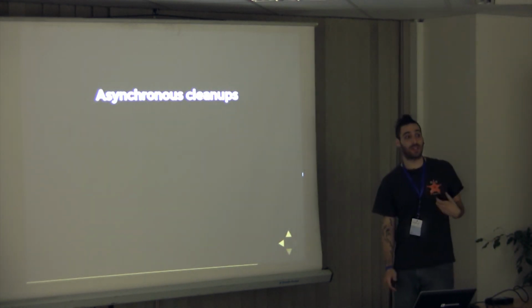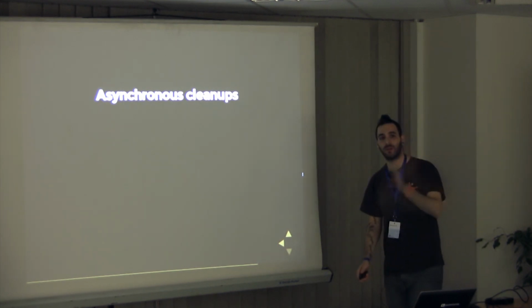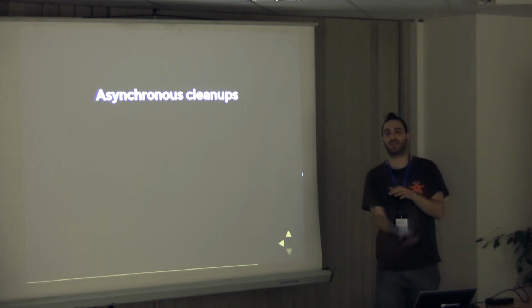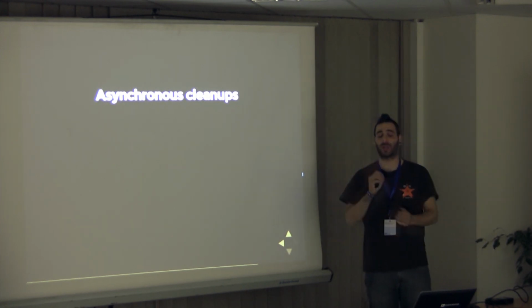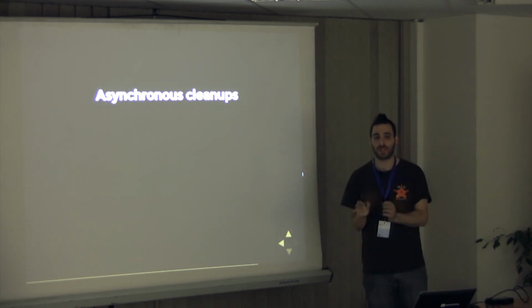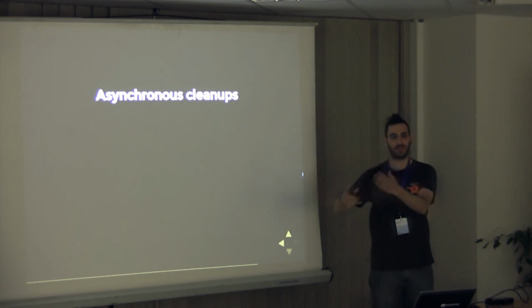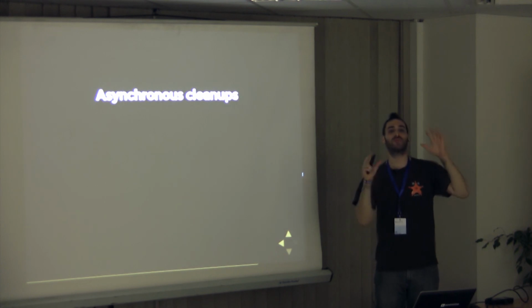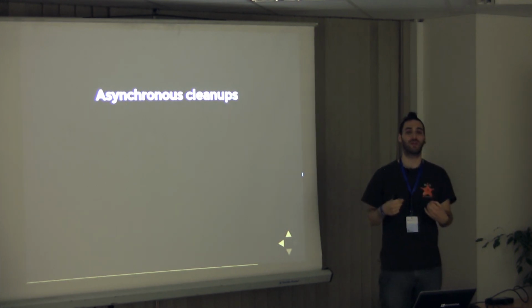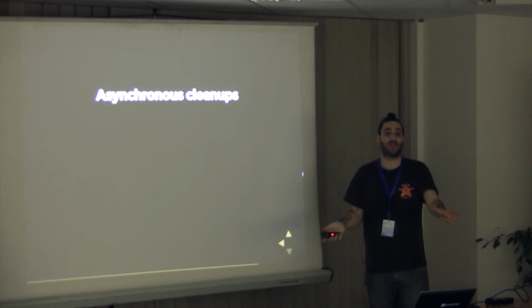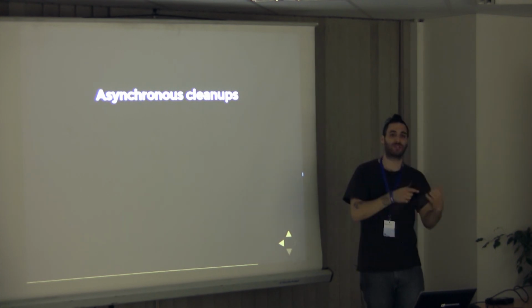We do some asynchronous cleanups. Awesome stuff. So you need to clean up your context and your global state and a lot of stuff like that, which we usually do at the end of a request or at the beginning of a request, depends how you write your stuff. But some web servers, specifically MicroWSGI, supports asynchronous cleanups, where it received the request, it did the thing, it returns a response, and then it cleans up stuff. So your client already received, the user received the response, and after the user received the response, the server starts cleaning up stuff. And it allows you to tell it what you want to clean up, so you can ask it to clean up your state.